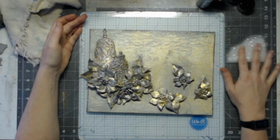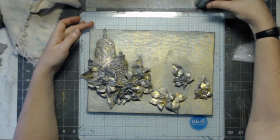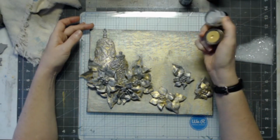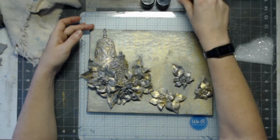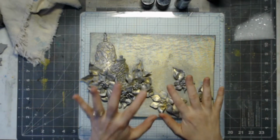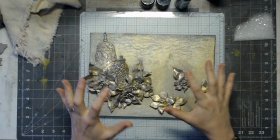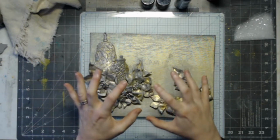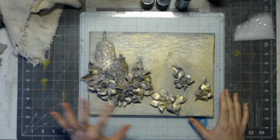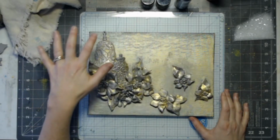So I still have all of my glitter left that came in the kit. And my paints, I didn't use any of the red on here. I used a little bit of both of the powders and the silver paint and the clay. And that was it. And I made myself just this metallic 3D Christmas canvas. So I hope it gave you some ideas of how to use those powders and